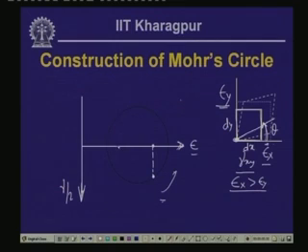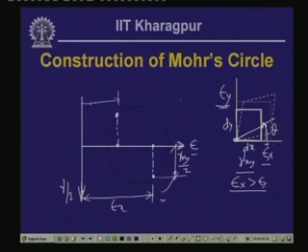Another point we get corresponds to a value of epsilon y and correspondingly gamma by 2. So, this distance is epsilon x and this is gamma xy by 2, this is epsilon y and this is gamma xy by 2. Now, if we join these 2 points,